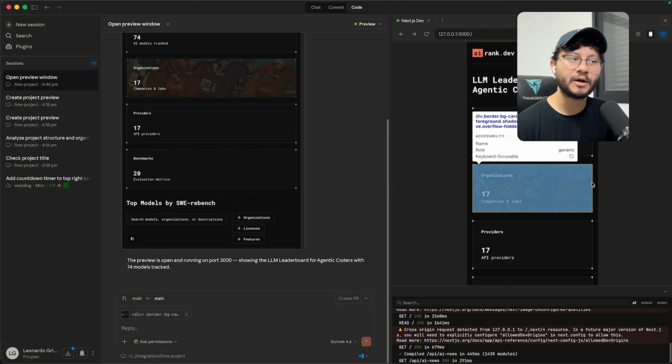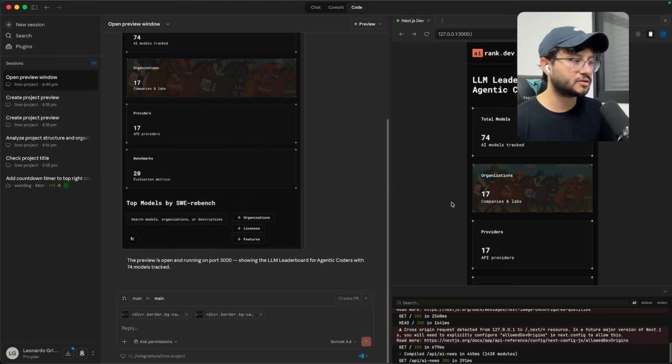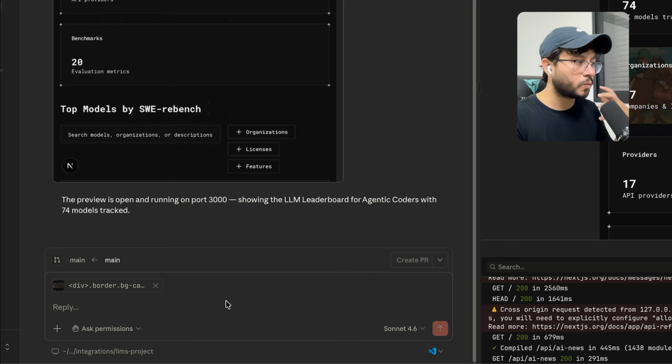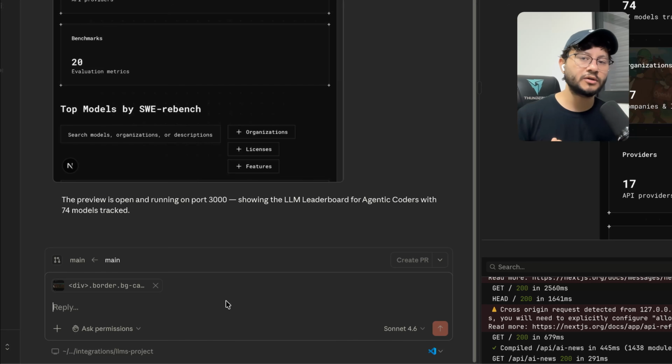Lovable users might be familiar to this, and as soon as I click that, you'll see that it is now toggled down here. And I can work on that specific component. This is pretty awesome because previously we could just tell Claude Code, hey, I have this image inside of my home page, and it would have to figure out where is the home page, where is the component inside of that section of the home page, and then where is that specific image, and all this wastes a lot of